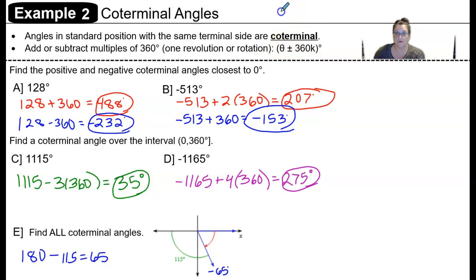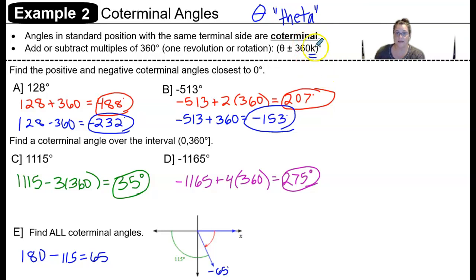So this circle with a line through the center, that is the Greek letter theta, T-H-E-T-A. So this expression, theta plus or minus 360 times k degrees, this k is